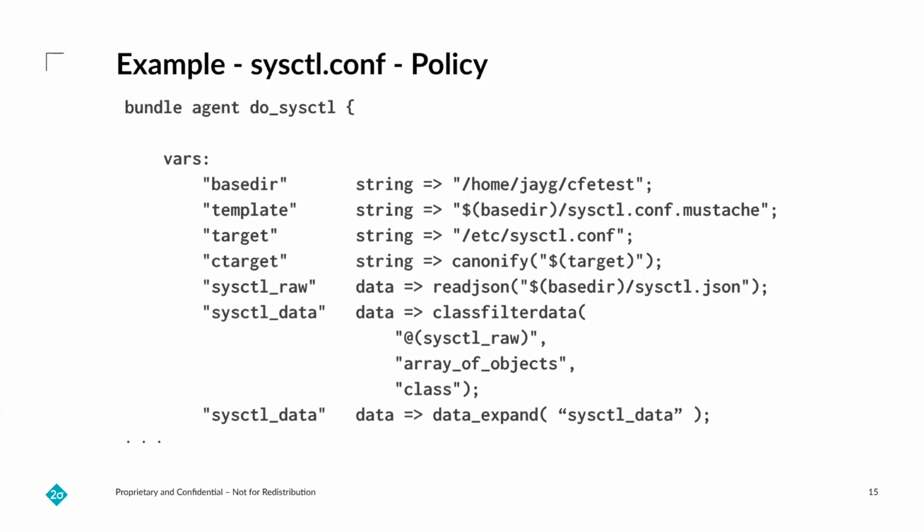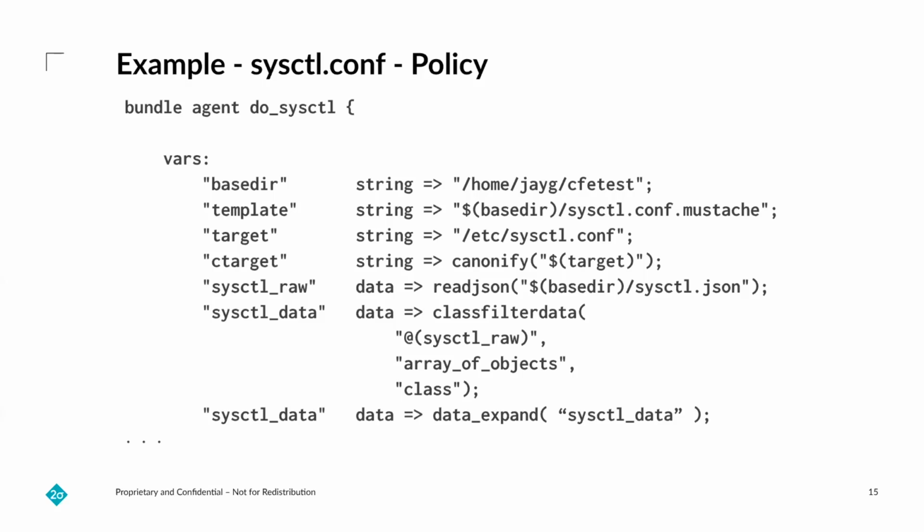And to be fair, what I really should be doing here, this is kind of for stepwise readability, but instead of classfilterdata of sysctl_raw, you can say classfilterdata where the data is readjson of that file. And in fact, at the end, where I say sysctl_data is data_expand, which is the thing that expands the CFEngine variables, since, as you've seen, we use CFEngine variables in the configuration data,